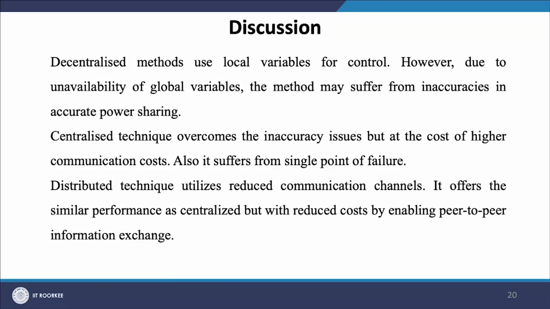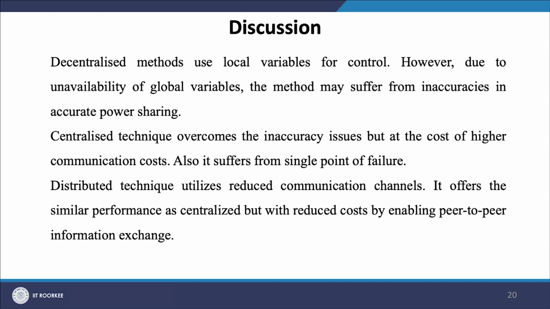The key points from the prior description of power management techniques are that decentralized methods use local variables for control. However, due to unavailability of global variables, the method may suffer from inaccuracies in accurate power sharing. Centralized technique overcomes the inaccuracy issues, but at the cost of higher communication cost. Also it suffers from single point of failure. Distributed techniques utilize reduced communication channels. It offers similar performance as centralized, but with reduced cost by enabling peer to peer